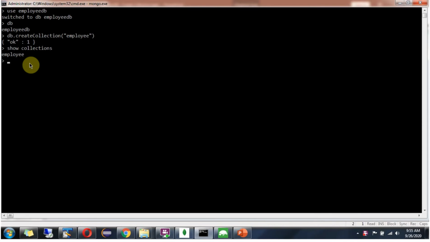Next we will create one more collection called city, and this collection I am going to create directly without using create collection syntax. And here you can see db.city. City is the collection name, and in that collection I am inserting one record, and it is successfully created. And we can double check using show collections command. And here you can see there are two collections. The city collection also created.